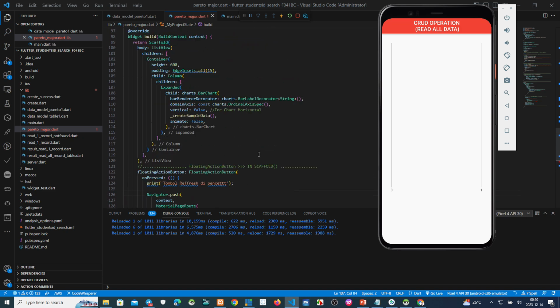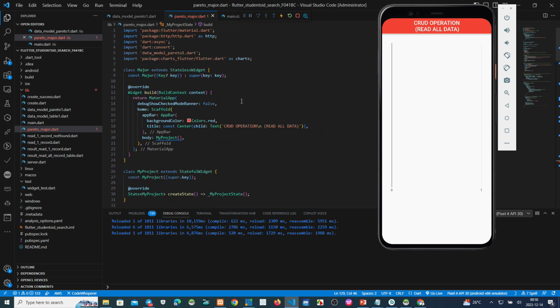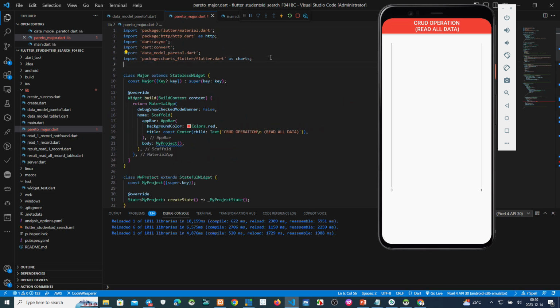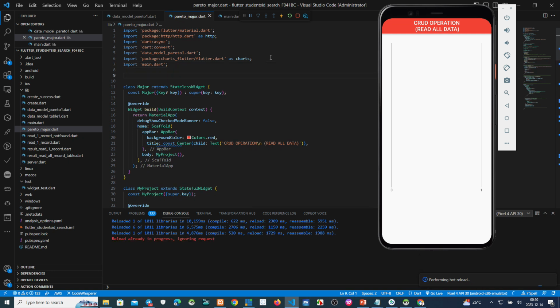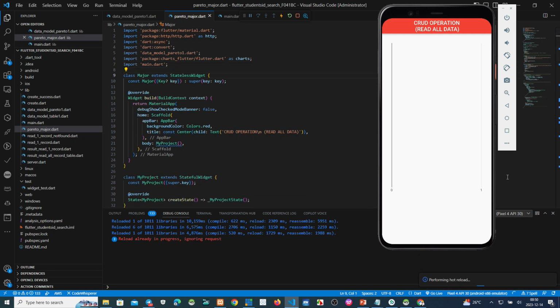Okay, this one we must import the main menu, import the main function here, main dot. Okay, we click here to go back to the main menu.